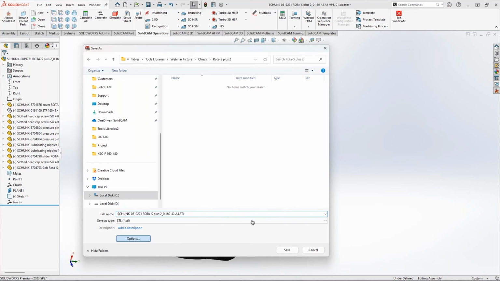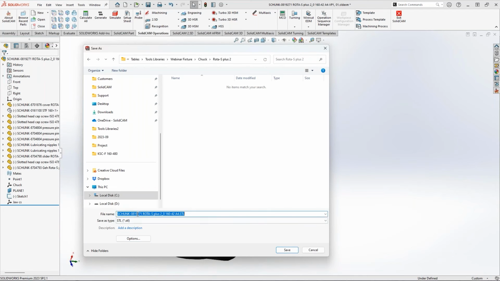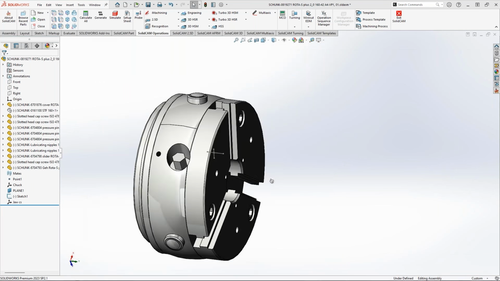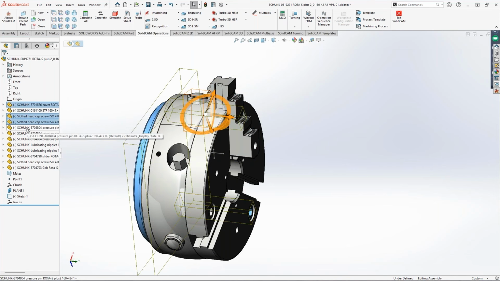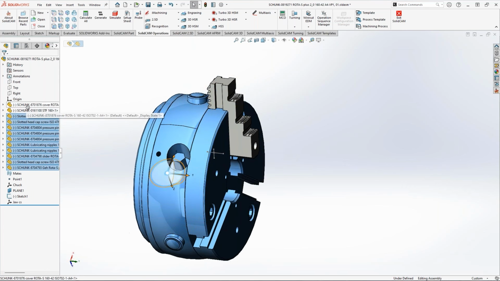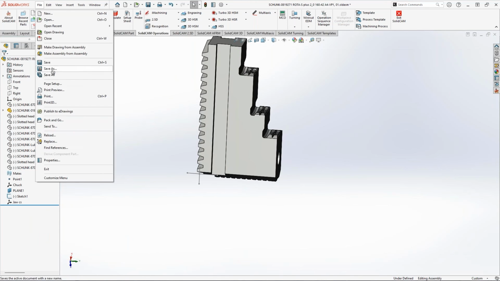Just make sure of the options. When you go to the options, output coordinate system to the Chuck. All to the positive, single, save. I'm going to maybe reduce that, I don't need it. And just hit save. That's it. And the last step is just unhide this one while all others, oh, let me do it like this. It would be faster. So only the jaw, save as,